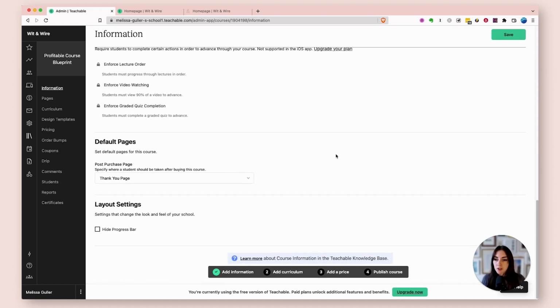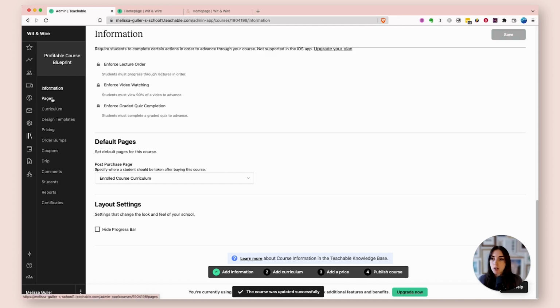Now, scrolling down further, you might also decide that after students purchase, imagine that they're on a checkout page. The following page is usually a thank you page. But if you wanted, you could change it just to send them right into the enrolled curriculum. It is completely up to you. I'm going to show you how to edit the thank you page coming up, but as a spoiler, it's under pages on the left. So I'm going to go ahead and click save and move on to that tab, the